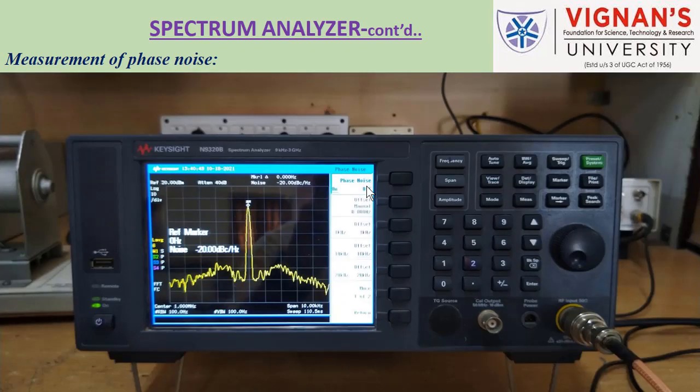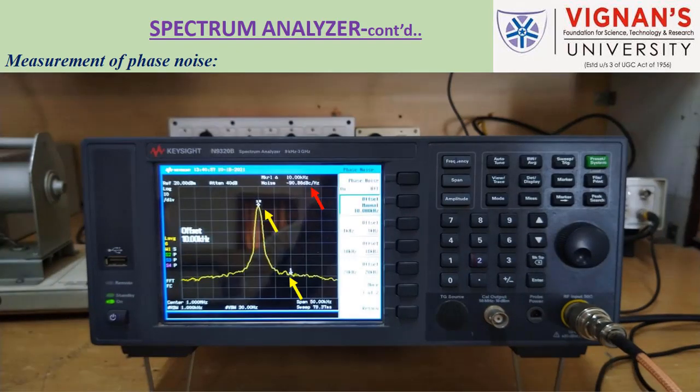So here you can observe markers came by default, and you can observe marker 1 delta, which means there is a difference. Two markers we are measuring here, the phase noise deviation, that means some difference we are measuring. So two markers are at only one place, that means there is no difference in the amplitude, that's why it is indicating a very small value, and both are available at the same frequency, that's why 0 hertz is available. But by making this phase noise on and giving the offset as 10 kilohertz, in this manner you will observe.